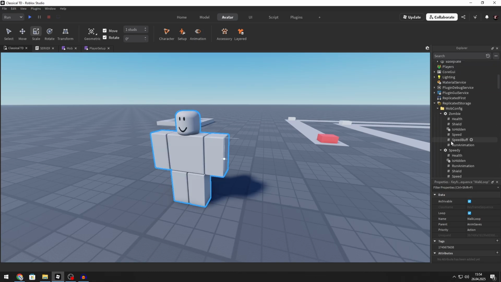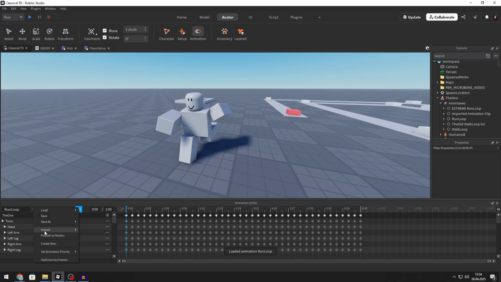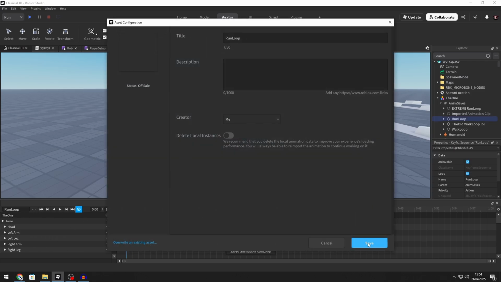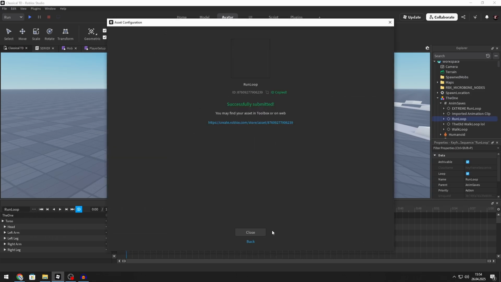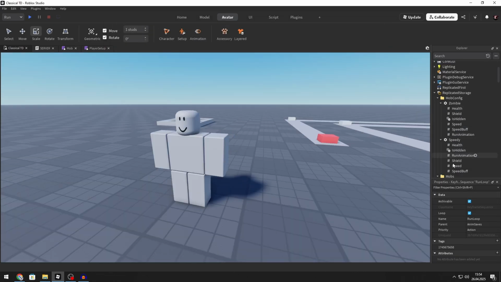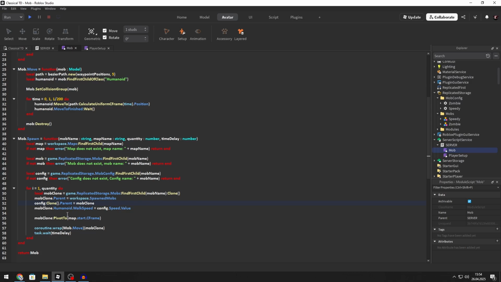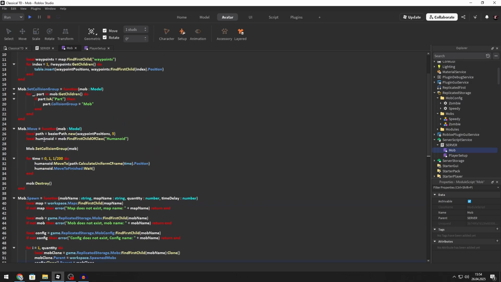So now the run animation of the zombie, paste it in here, and now export the other animation. So I will do the run loop, publish it, save it, copy the value, and now for the speedy, the run animation here. Alright, so you can close this and get back to the mob, and in the mob move